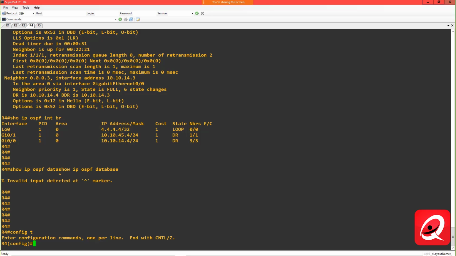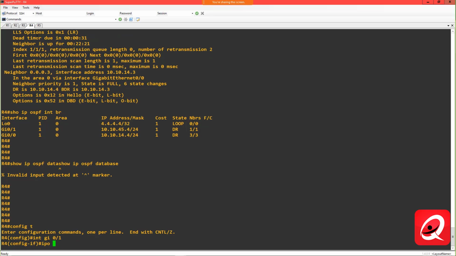So if there's no way to elect a DR-BDR, then you're SOL because there's nobody there that's going to claim the DR role. So rather than changing the priority of the interfaces, I'm going to change the network type of the interfaces. Okay? So I'm going to go into interface gig 01,